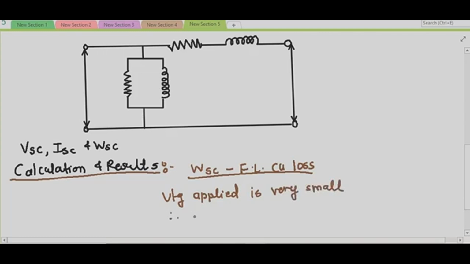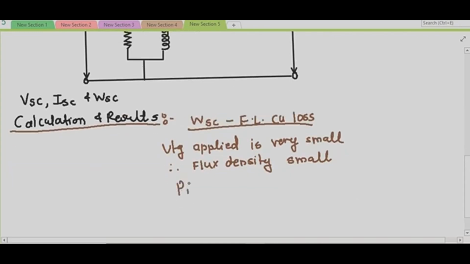Therefore, flux density will be small, and hence the iron loss of the transformer under this condition is approximately equal to 0